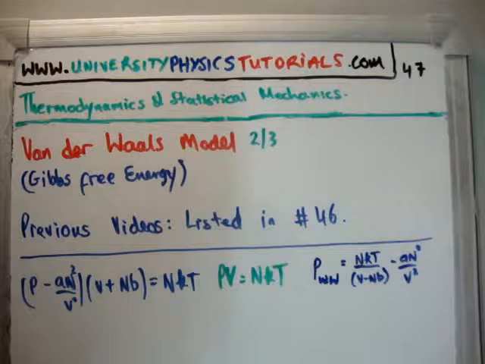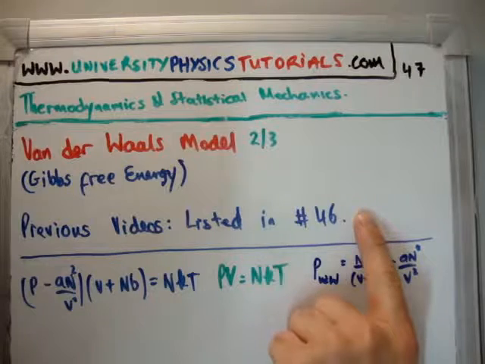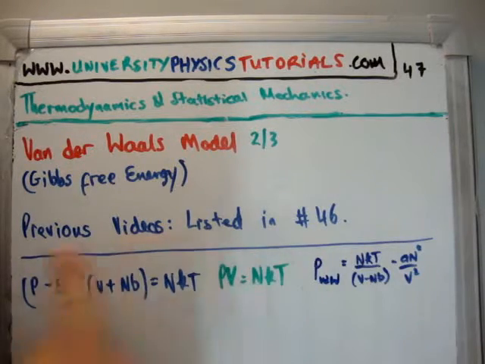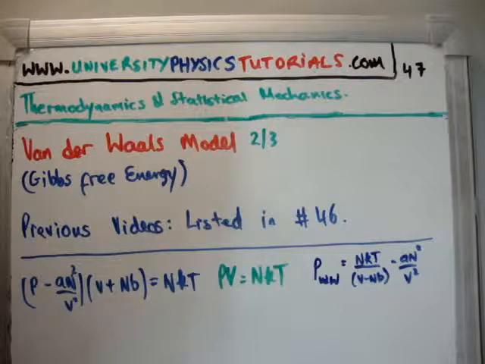So this is video 2 of 3 on the van der Waals model. The previous video to this is number 46, where I derived the functional form of the van der Waals model, and I also listed all the videos which are relevant to this particular subsection. Here what I'm going to do is get the Gibbs free energy associated with the van der Waals